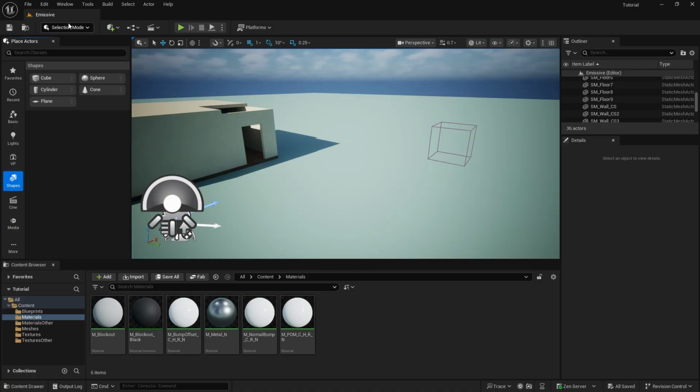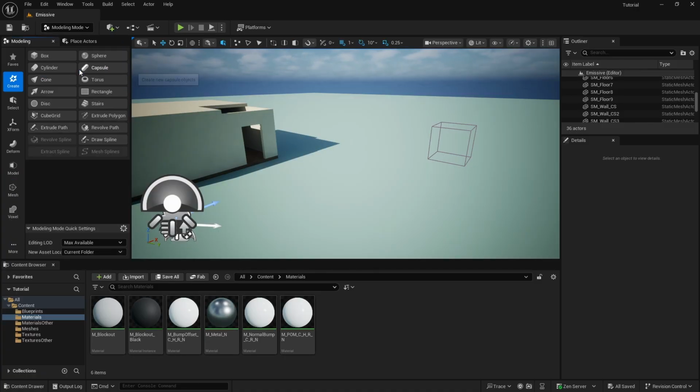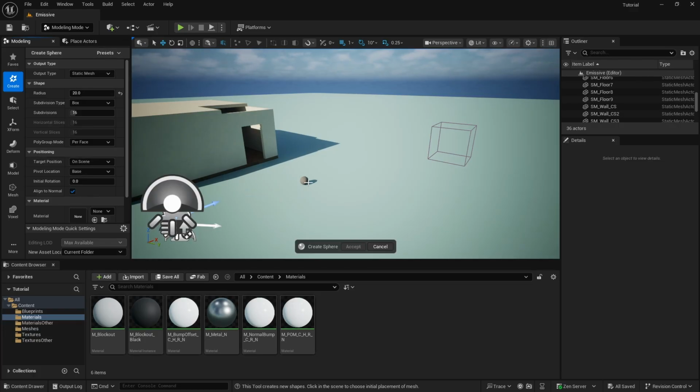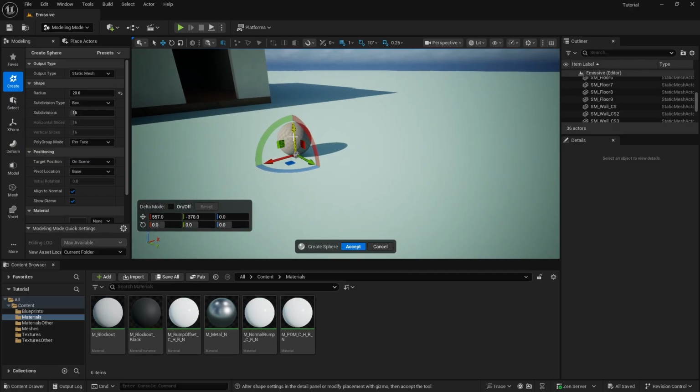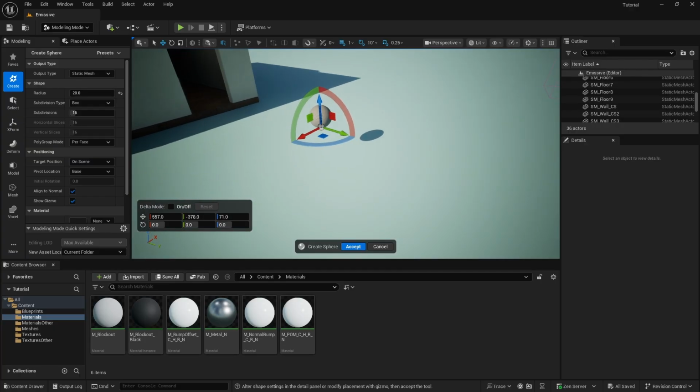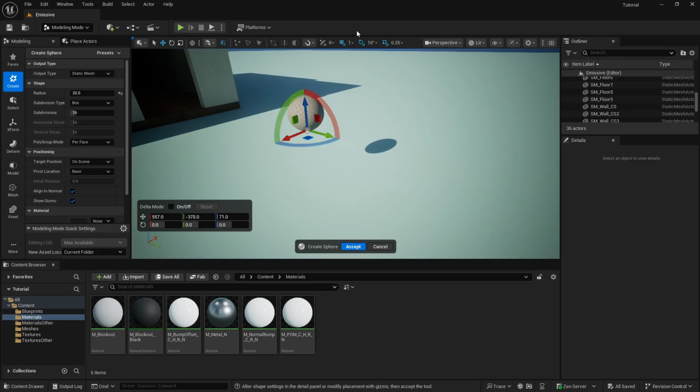So go up here to, instead of selection mode, go to modeling, okay? And then we're going to go sphere right here. So click on sphere. You can pop it in anywhere in the world. Kind of zoom into it a little bit. I do have videos that tell you how to control everything and how everything works. And you can see for radius here, let's put in 20. If you don't have 20 in there, put in 20. And then come down here